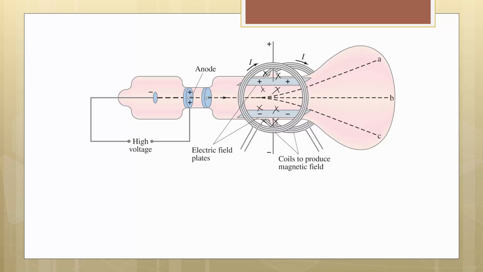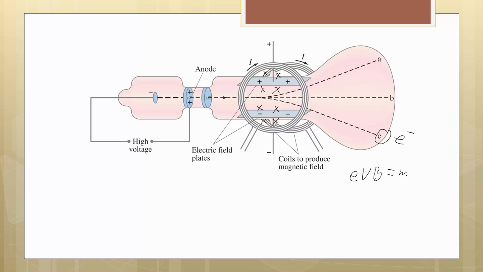They're going to move this way, so we're going to do v to the right, cross B, so you put your palm into the page. That will be an upward force on positive particles, which means it's a downward force on the electrons. So the electrons will end up over here if there is just a magnetic field. And we can describe that curve by setting the magnetic force, which is evB,